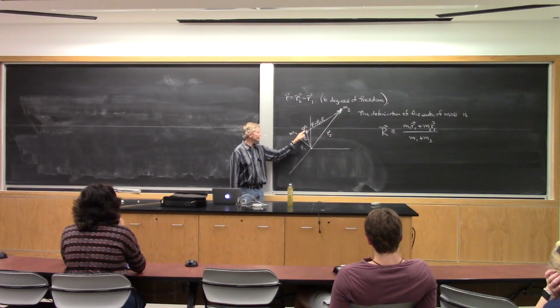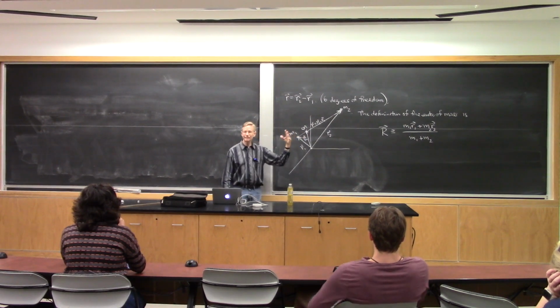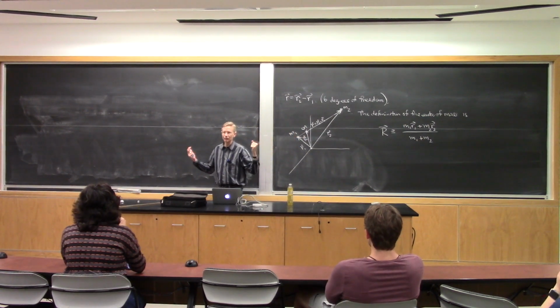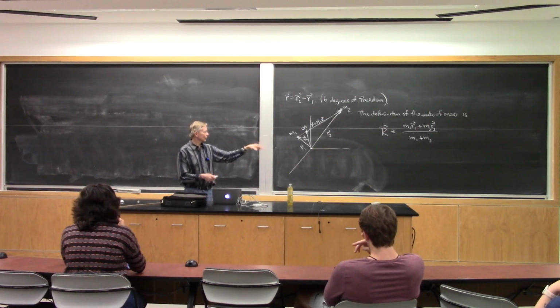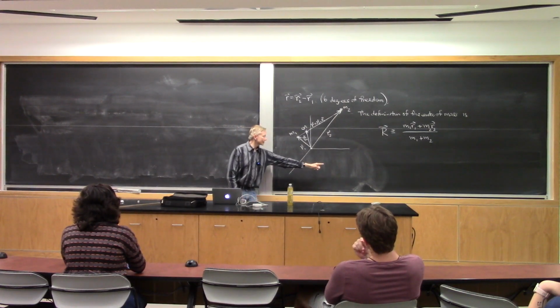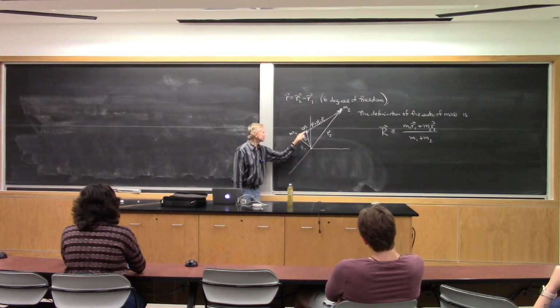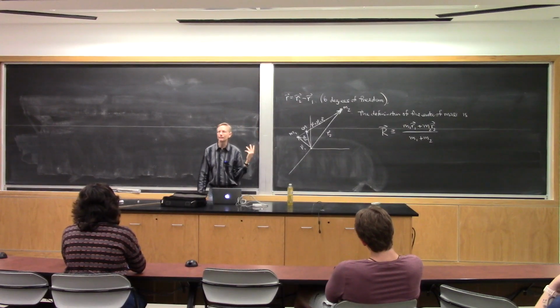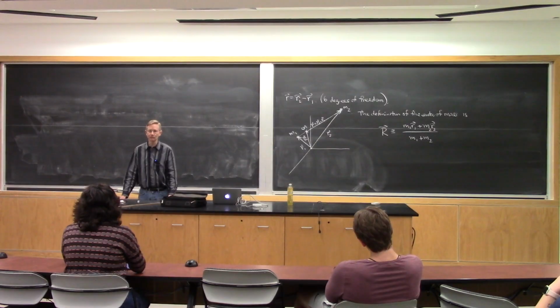The location of the CM in space is just a property of the system itself. It's up to us where we draw the origin. R1 would change, R2 would change, capital R would change, but wherever the origin is, capital R will be a vector from that origin to this same point in space. The point in space that is the center of mass is independent of the choice of origin.